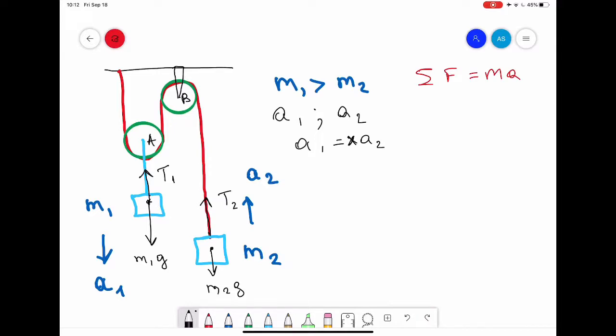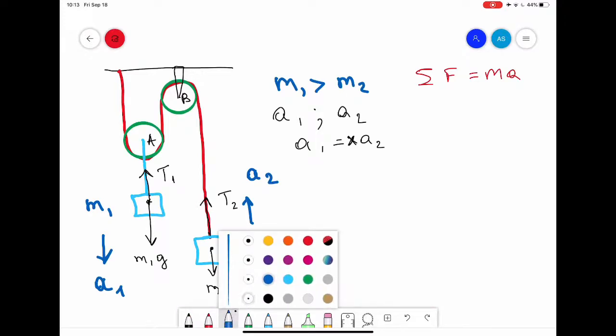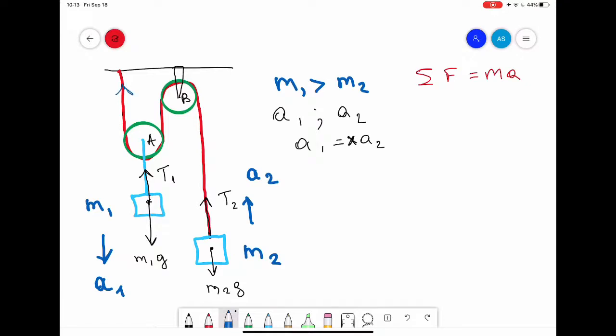First of all, you have to keep in mind that when you have the same rope across the pulleys, those tensions will be the same. This means that this tension and that tension are actually the same. Let's call this one tension and tension. As I said, these two tensions are the same. Why? Because they are connected to the same rope. What about B? As you can see here, we have a red rope, so this tension and that tension